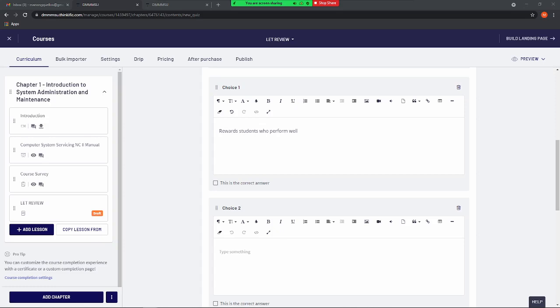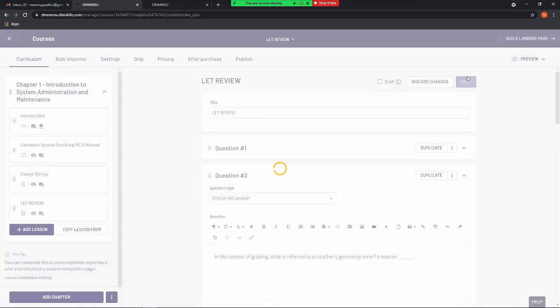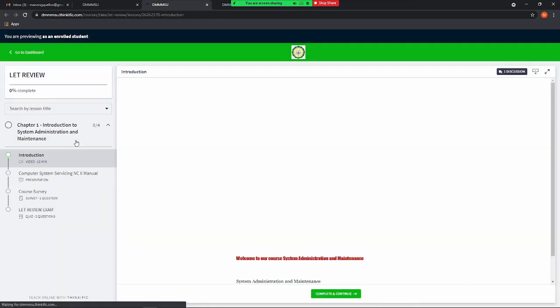Isisave lang po natin. So, let's remove draft. Again, baka makalimutan nyo po na naka-draft siya. It will not let review quiz or exam. Baka hindi po siya mag-reflect dun sa side ng student. So, when we select course preview after adding the quiz, so, this is the problem with the free course, no? Hindi natin ma-update yung